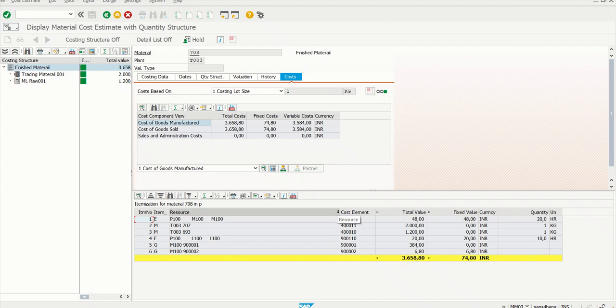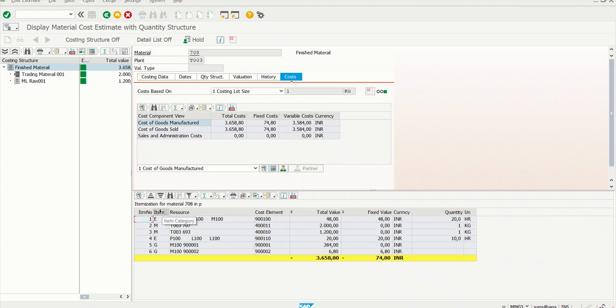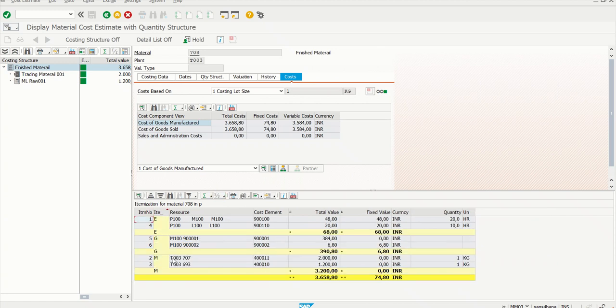Here I'm going to do a subtotal at item category level. M indicates material. So these two are the materials which are included in the bill of material of this finished material. Okay, so total material cost is 3200.